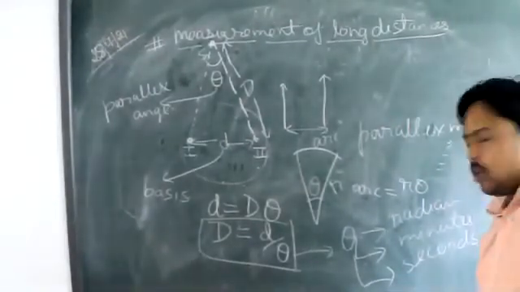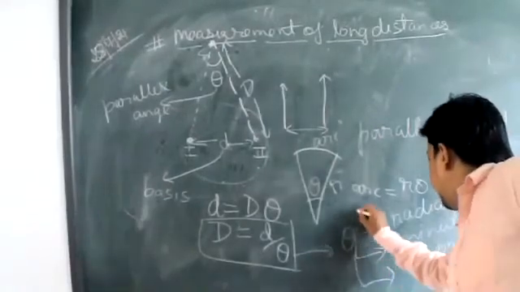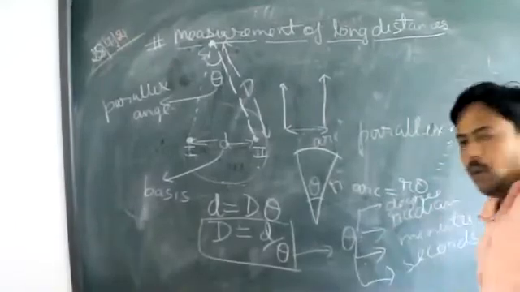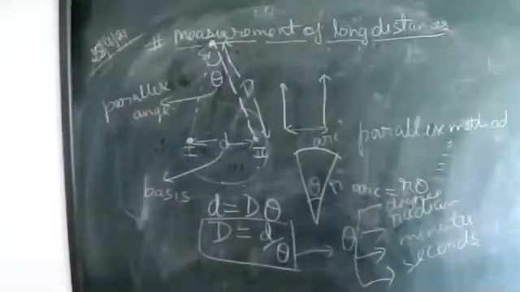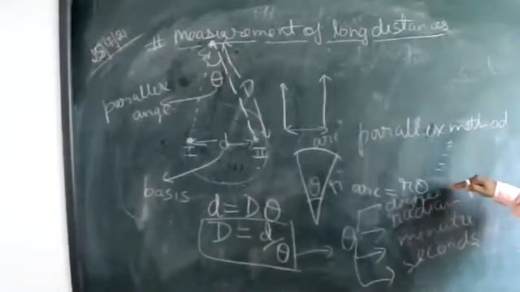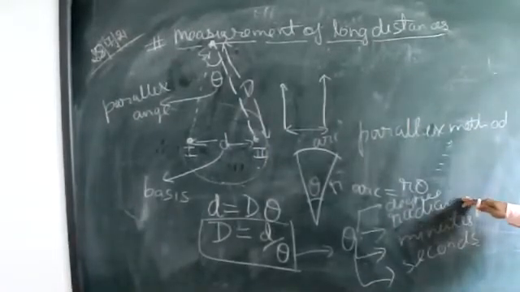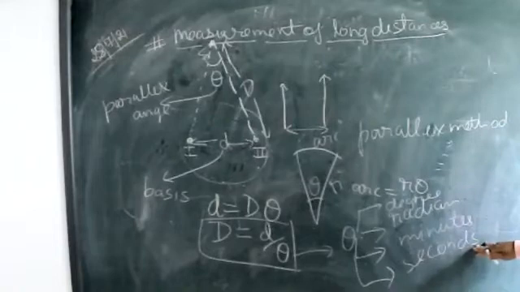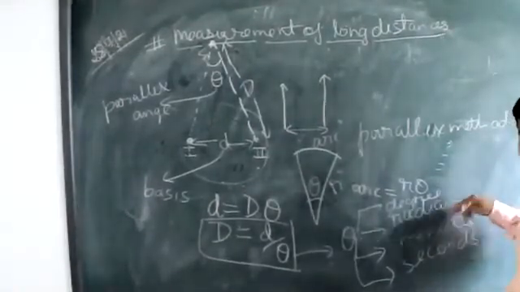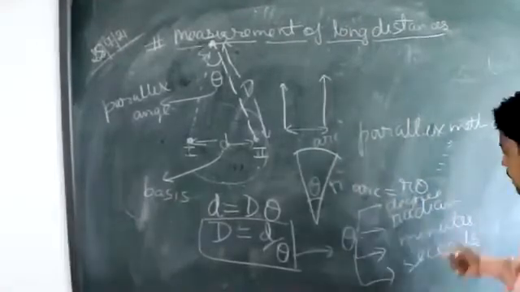So this theta can also be written in terms of degree. Now we'll be tabulating the values and the relation between degree, radian, minutes and second. If some theta is given to you in radian, and someone asks you to convert this radian